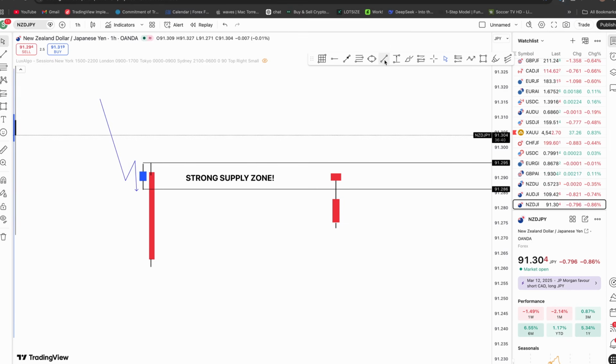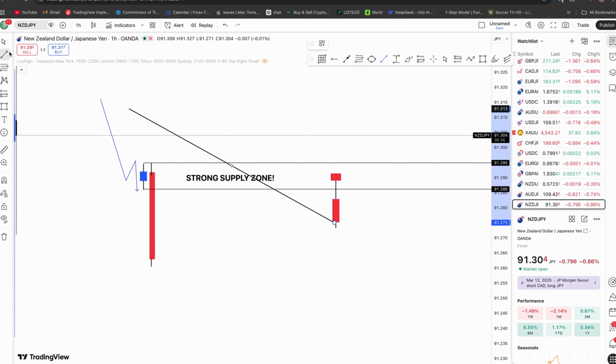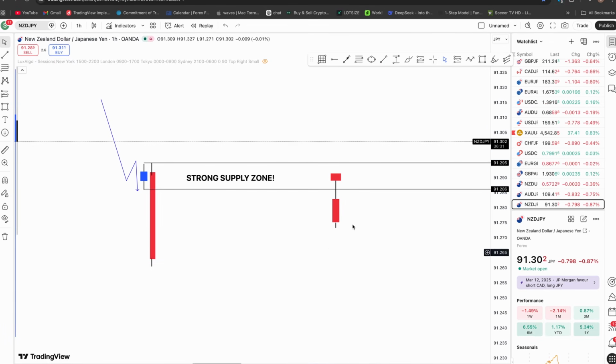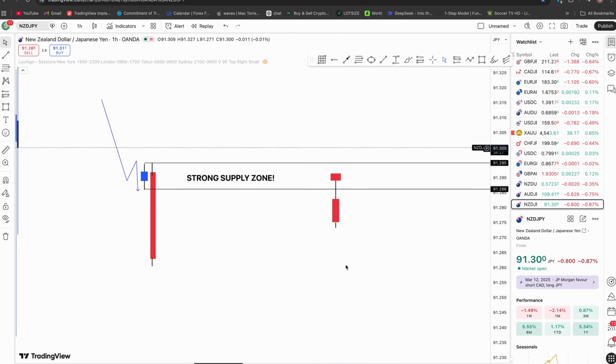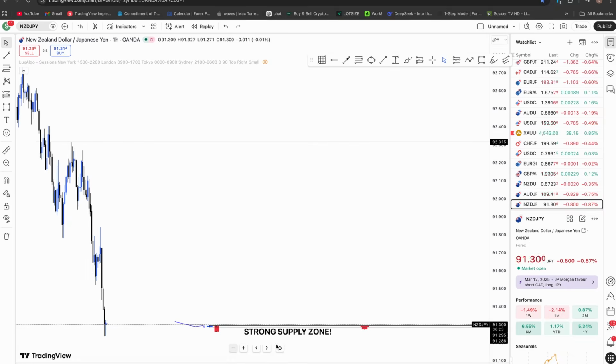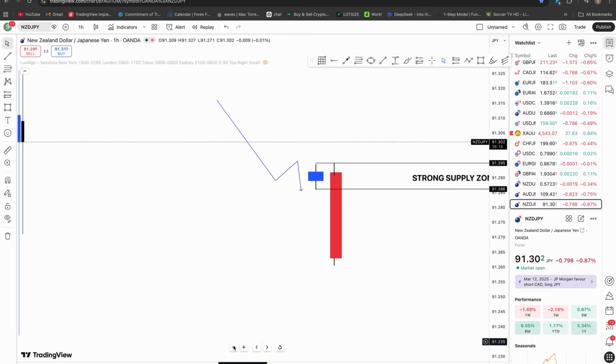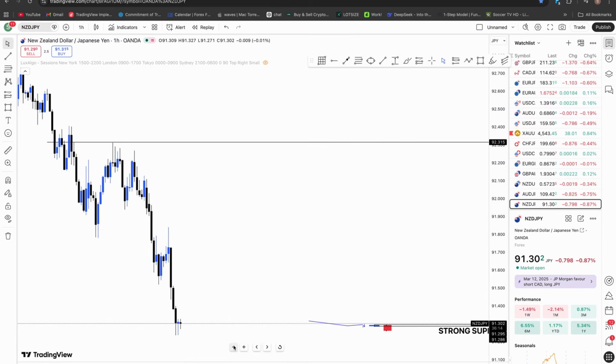So that is waiting for a rejection first. Very important. You need to wait for confirmation when price makes its way back to these zones. Remember, we said we are working with fresh zones, so this would be the first time price pulls back to that zone that we are looking at. And mistake number 2 is ignoring